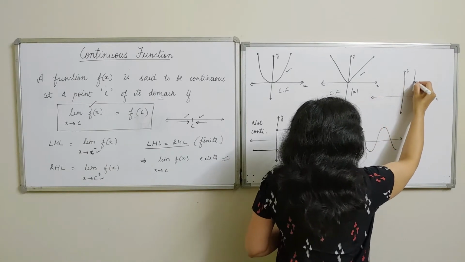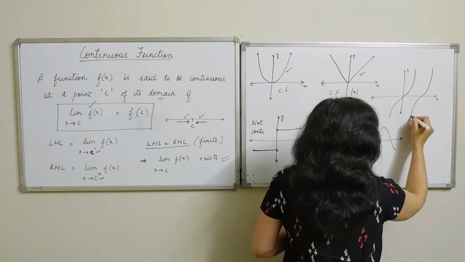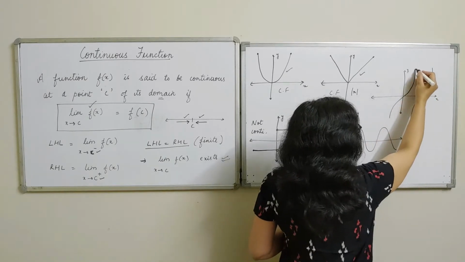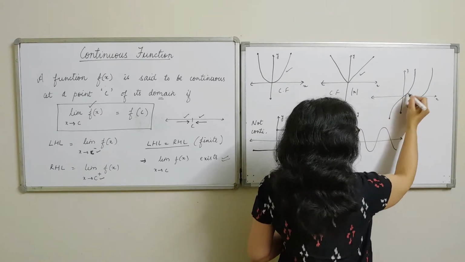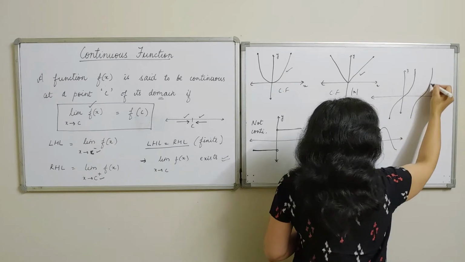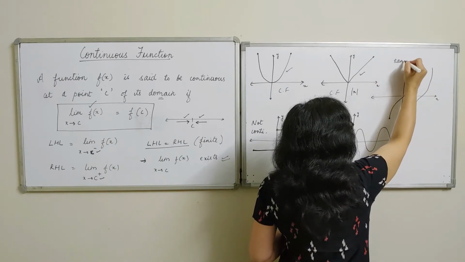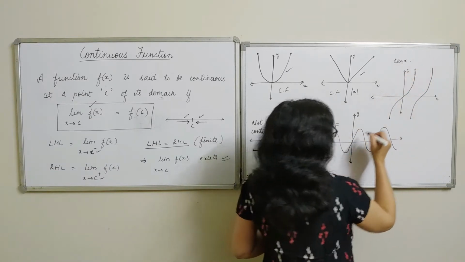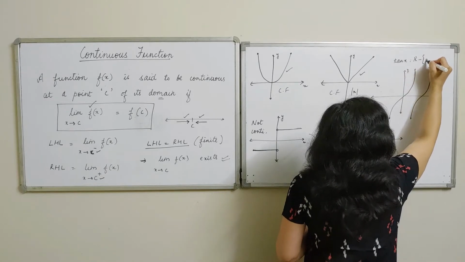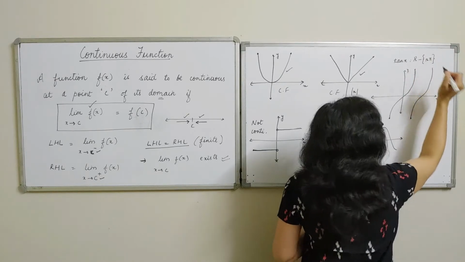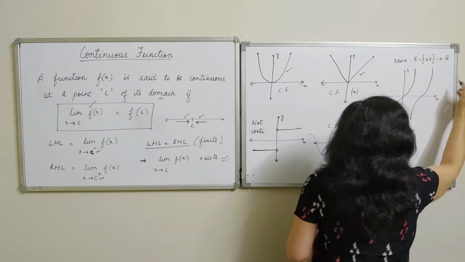So the graph of the tan function is like this, then it goes like this. You can see here, from here till this point the function is continuous. The graph can be drawn without lifting the hand. Likewise from here the graph can be drawn without lifting the hand. Here we know that the domain of the tan function is basically the set of all real numbers except odd multiples of pi by 2, and the range of the function is the set of all real numbers.